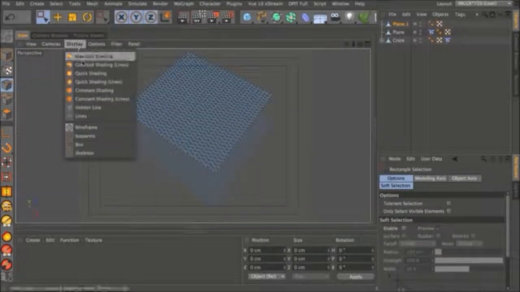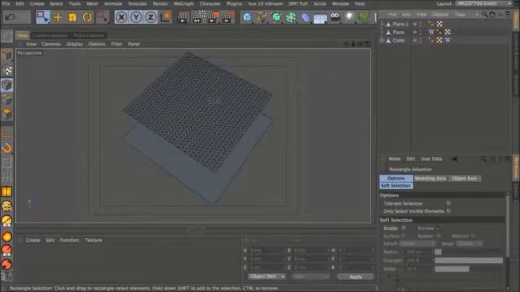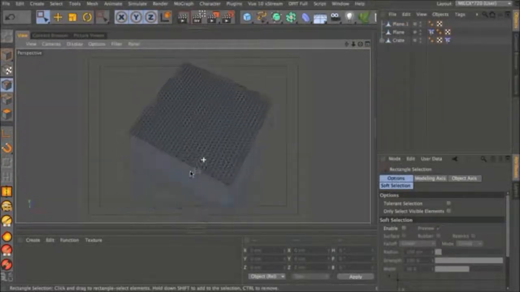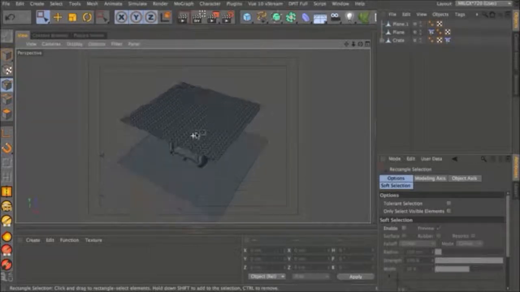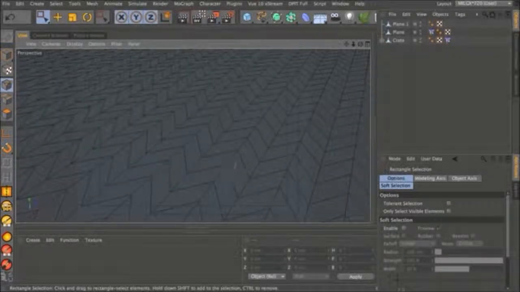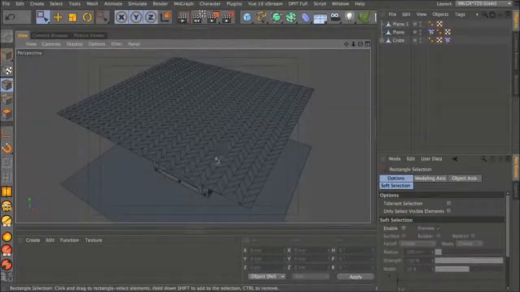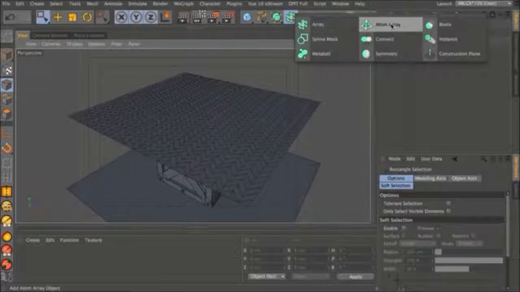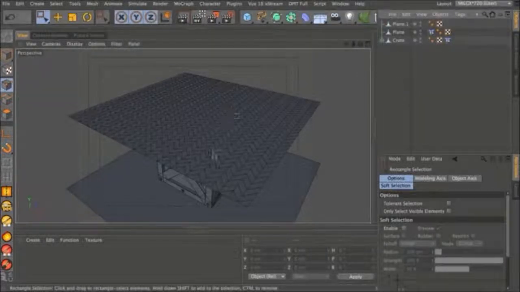If I go into display and turn the lines on and drop that, you can see what we've got. Now at the moment this looks like maybe some kind of woolly jumper, which isn't quite what we're after. We want each of these edges to be basically a tube. And to do that, we're going to drop this into an atom array. We're not going to do that just yet though, because rather than using the magnet tool, which we could do,